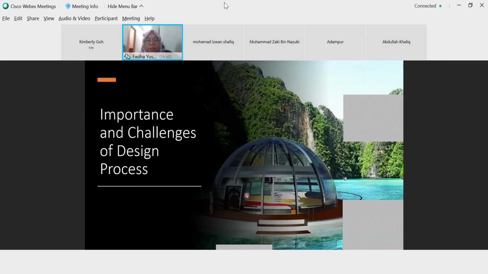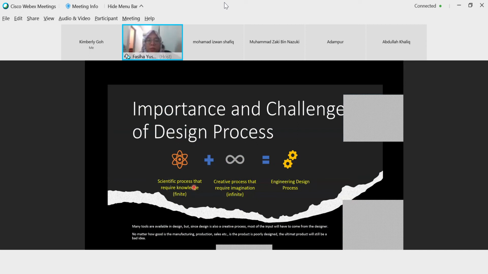So the first challenge is that the design process involves a scientific process, so you need to have all the knowledge. You need to be graduated, you have to learn a lot of things and be certified. Plus, you need creativity.